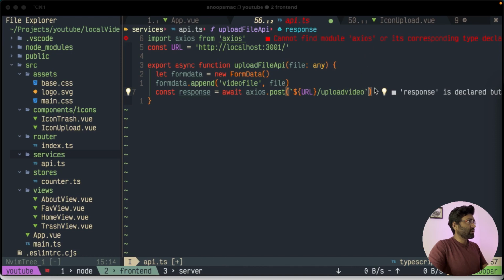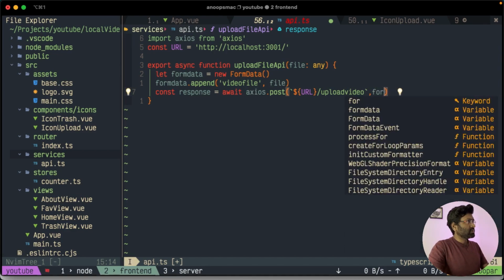Here I could add the form data. I don't know why it is not working. Okay, let's go ahead and add the form data here. Pass the form data,